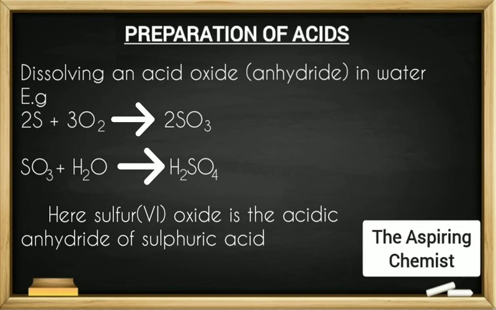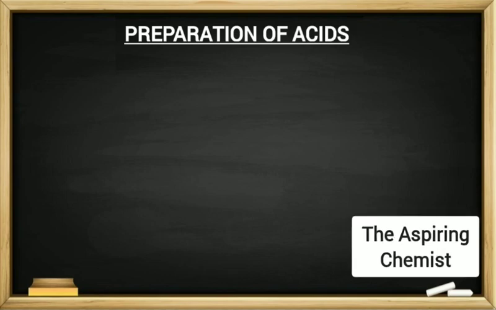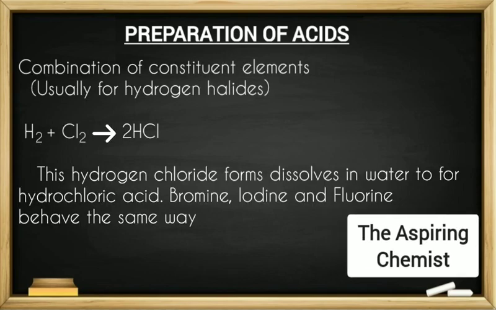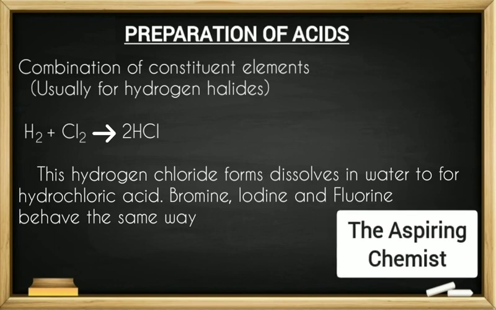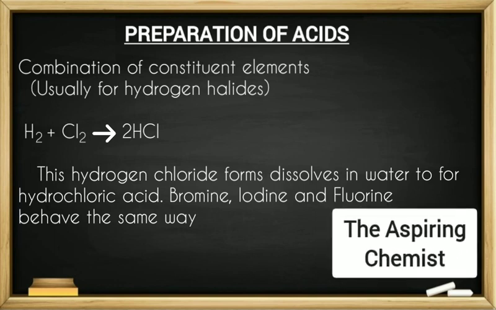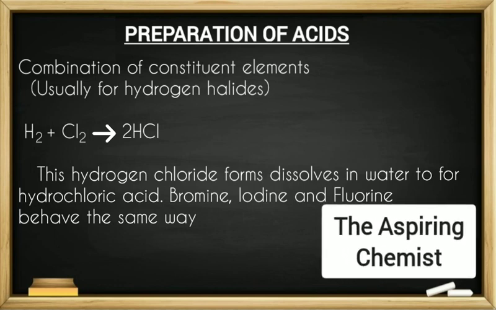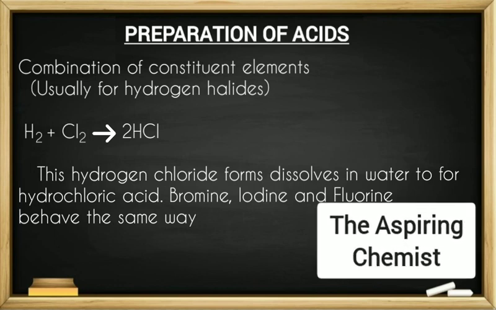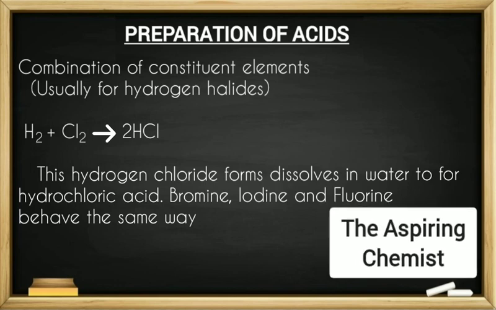For example, oxygen can react with sulfur to create sulfur trioxide, and this sulfur trioxide will dissolve in water to create sulfuric acid. The next method I have here is a combination of the constituent elements. Now this is generally used for hydrogen halides. For example, hydrogen gas reacts with chlorine gas to form hydrogen chloride,